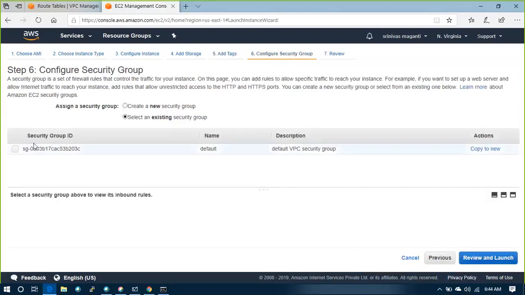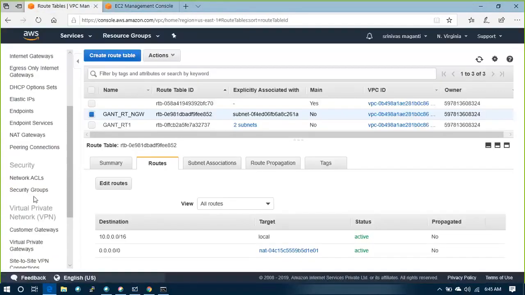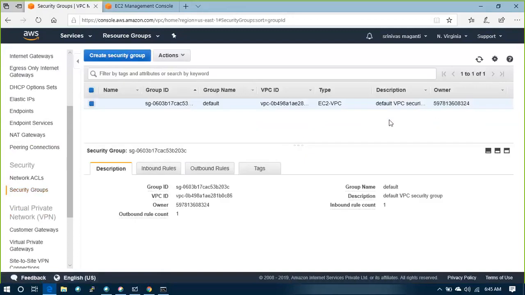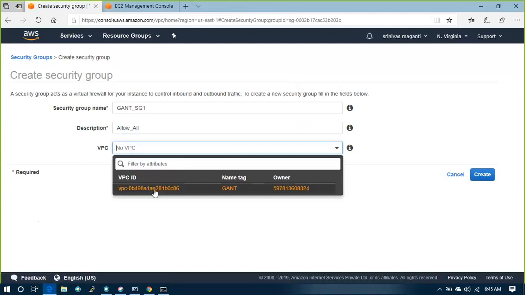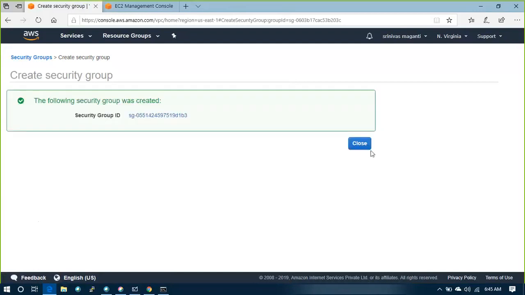And select existing security group, VPC. Now we forgot one thing here, security groups. The default one, we need to create a security group. Okay, again_security group 1, description, hello_all, VPC, create, close.